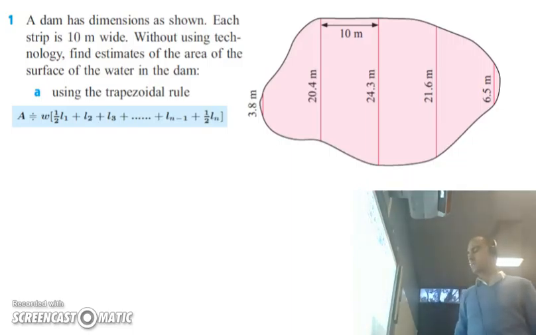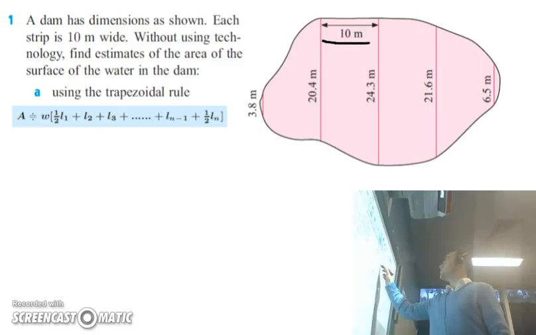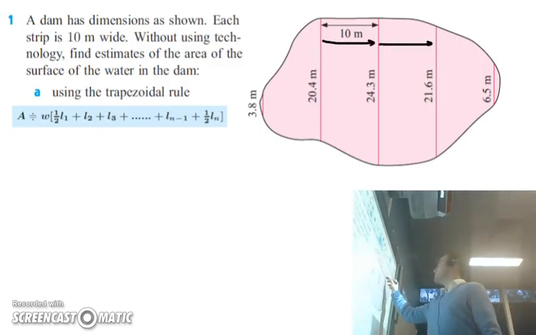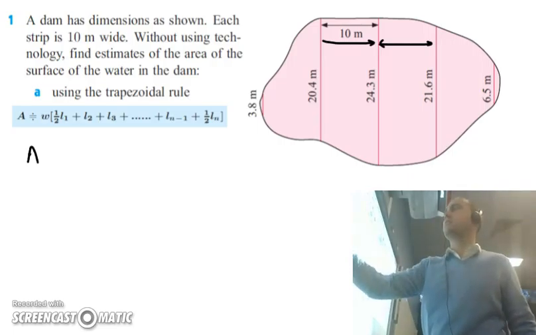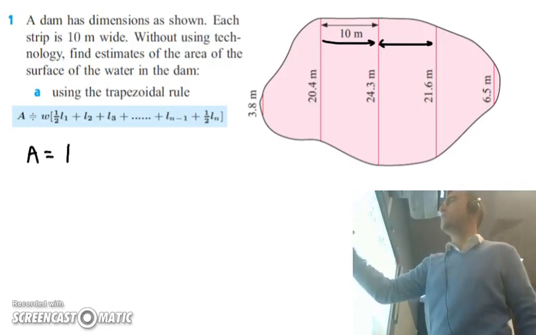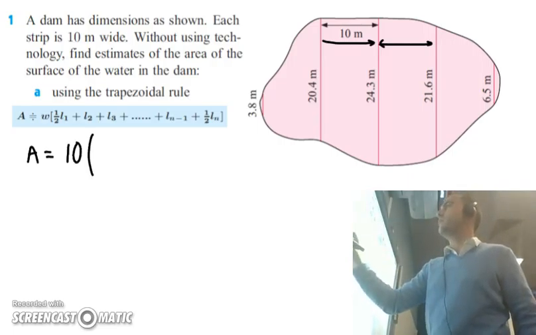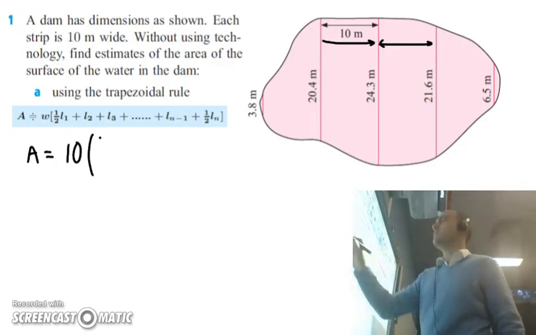A dam has the dimensions shown, and they're 10 meter wide strips here. So each one of these is 10 meters, and we must have the same width between each strip for this to work. So using the rule, the area is equal to the width, which is 10, multiplied by, so half of the first,